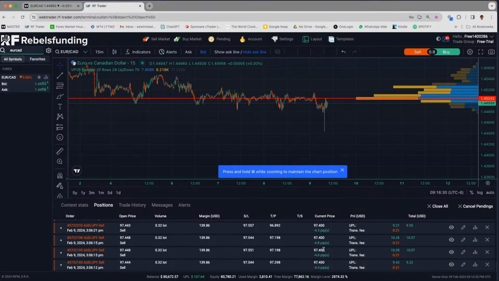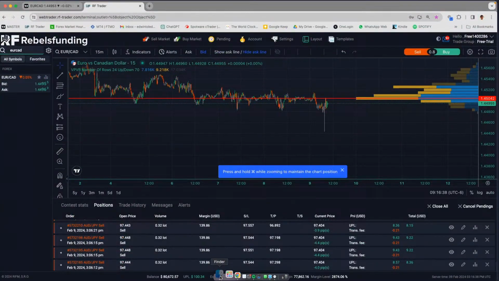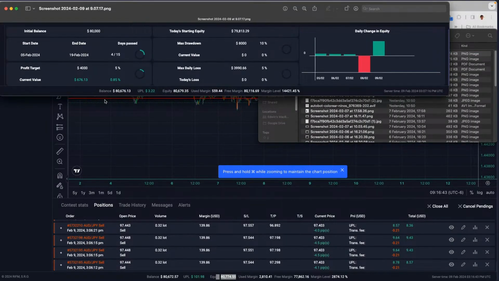Making $100. We started with, let me just see the screenshot we took. So we started with 806.79. We are at 770, 75. I'm hesitant. Should we just get out of the market and be done for the day?